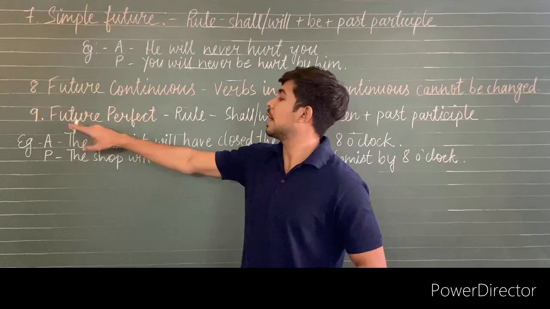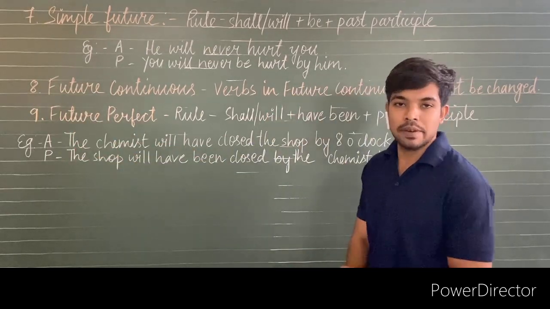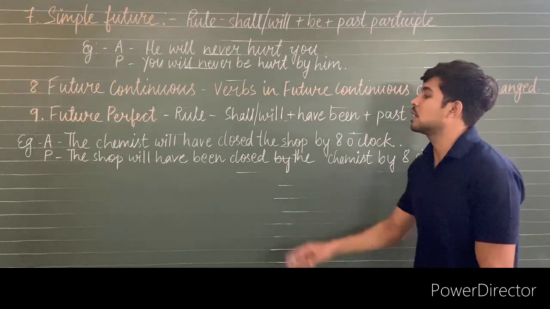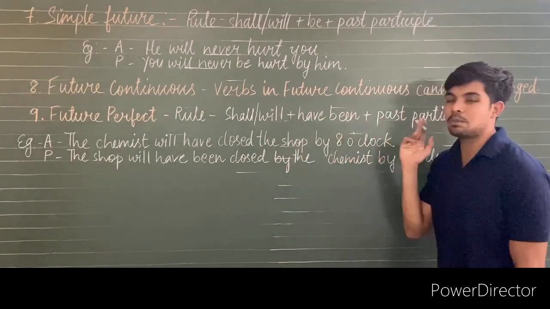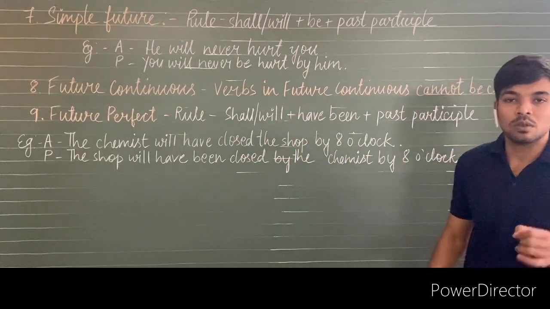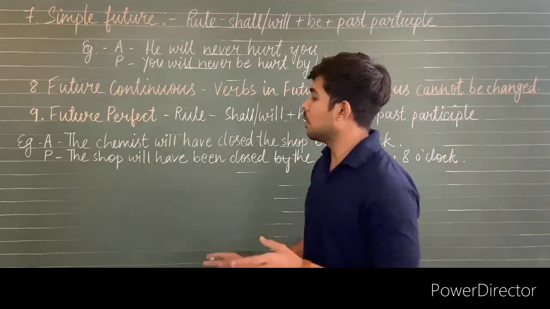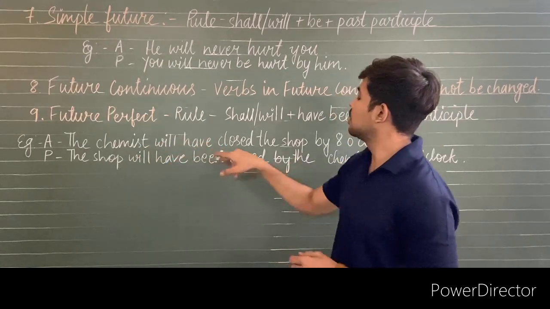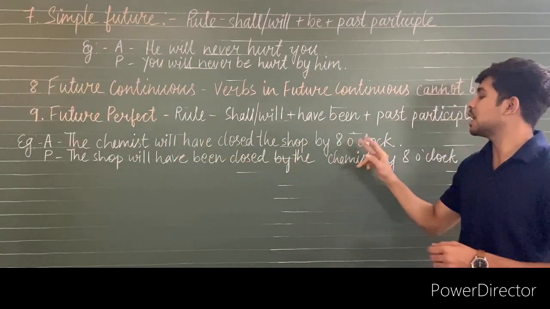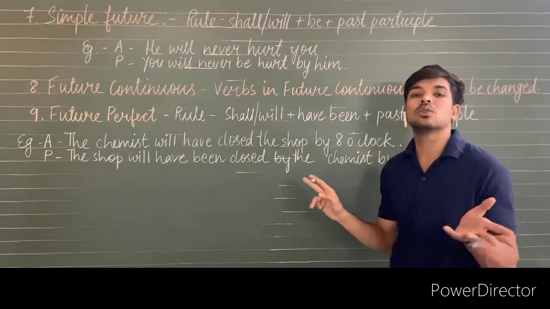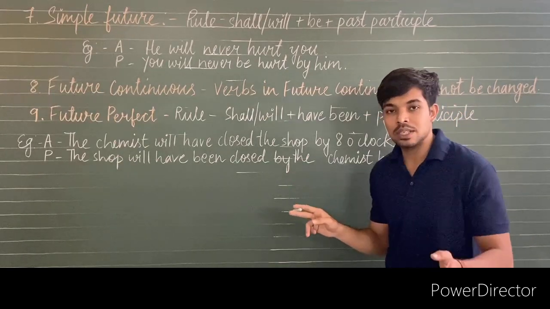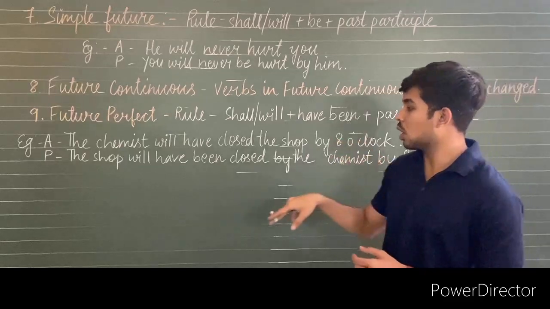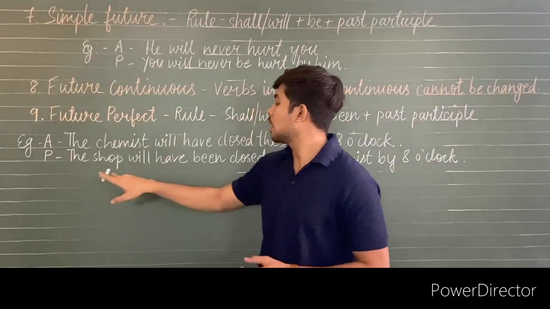Then after that, the ninth one, we have the future perfect tense. The future perfect tense has a rule like shall/will plus have been plus the past participle form of the verb in a sentence. For example, the active voice is: the chemist will have closed the shop by 8 o'clock. So if we convert it into a passive voice, the object of the sentence will go first: the shop by 8 o'clock. The shop will